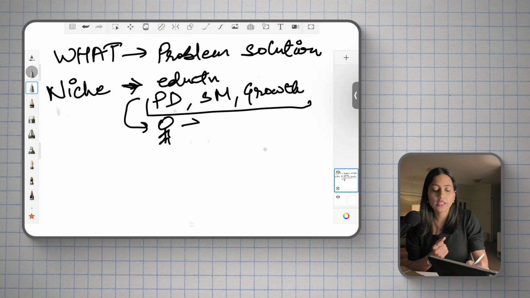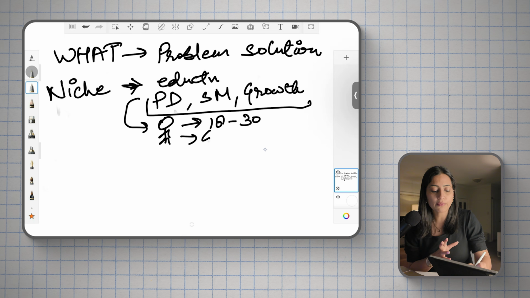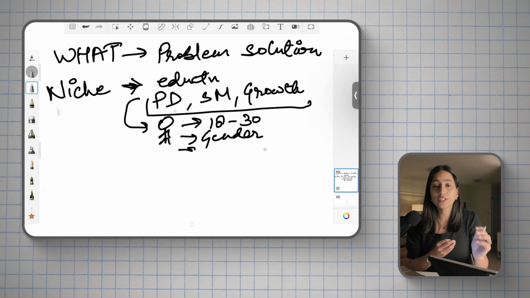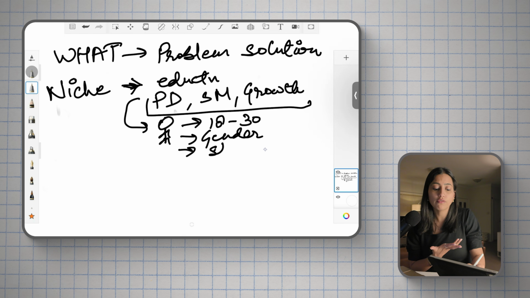So obviously, there's an age group. Ideally, by data, it's 18 to 30. It can be anything, but it's 18 to 30. There's no gender, it can be any gender. If you are male or female, you might attract that audience, because when you look into the camera and create content, you can attract that audience. And you can narrow it down, let's say you are into IT, or you're studying journalism, or you're studying an MBA. Maybe you can narrow it down with the stream of education that you are in,